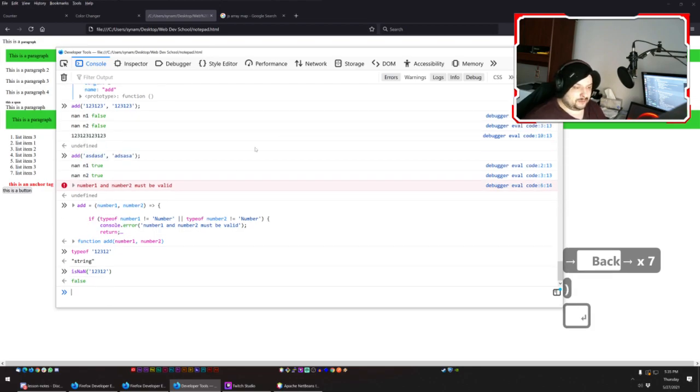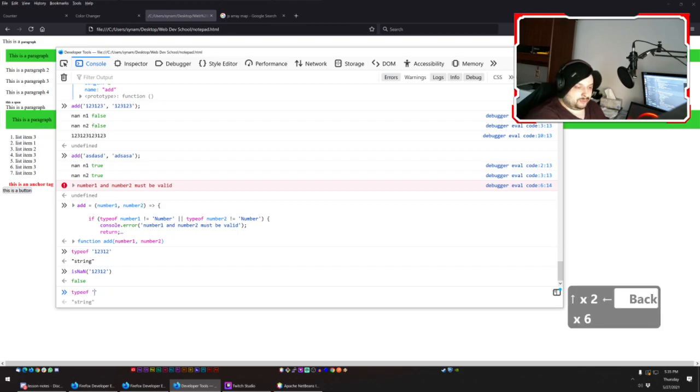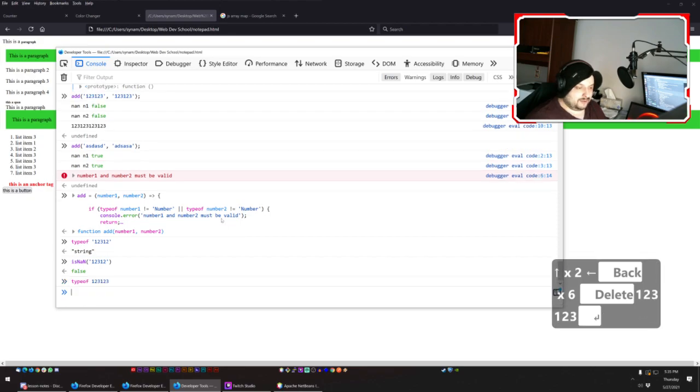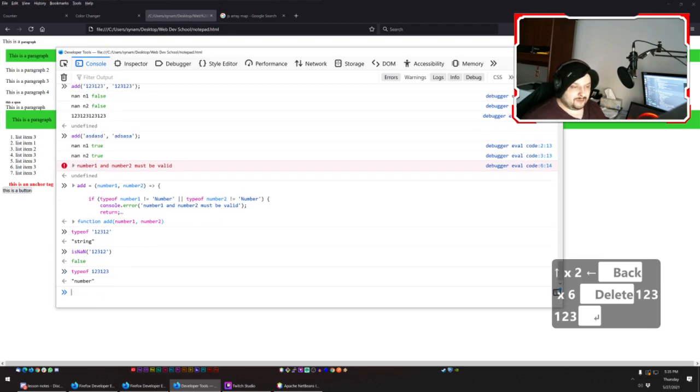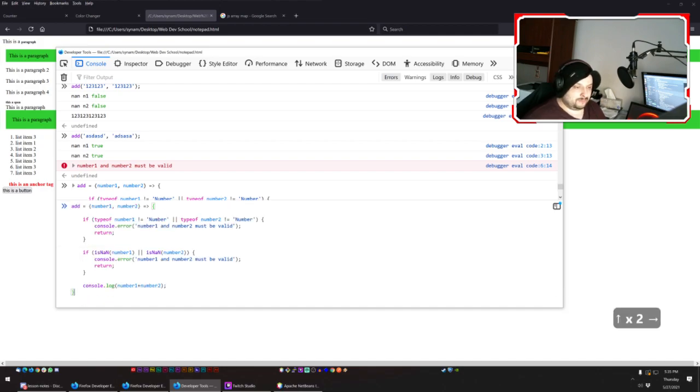So if you want to compare number type, you do want to do that way, right? Now if it's an actual number, which is what we expect, it's number. The only thing that I messed up is it's lowercase n and not capital N the way I wrote it. So we can change that